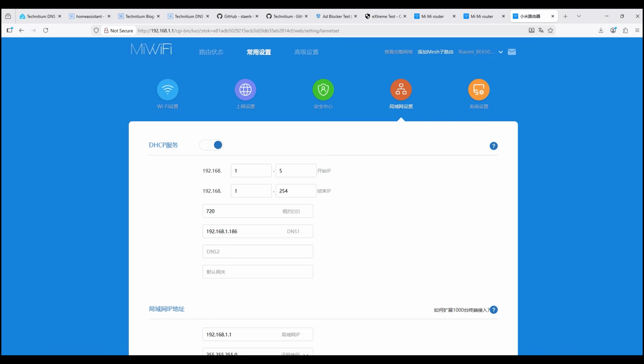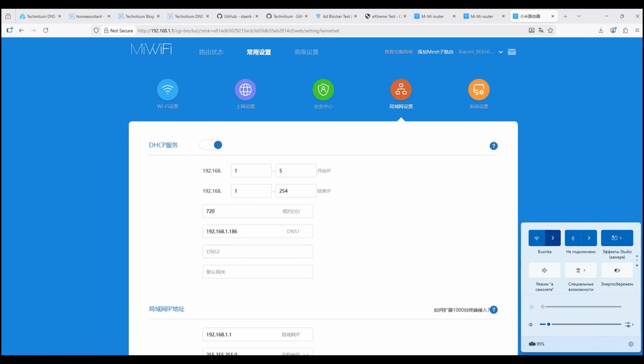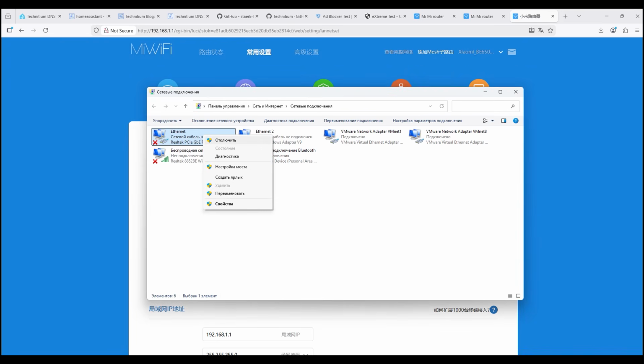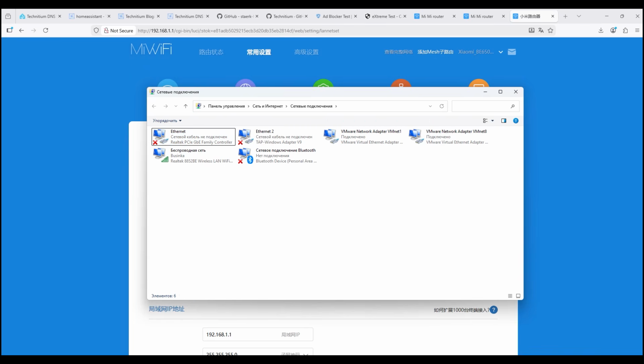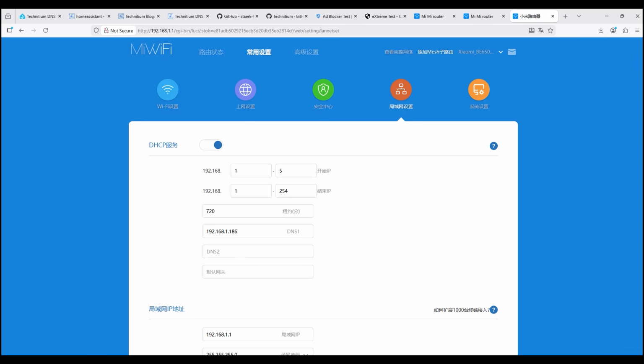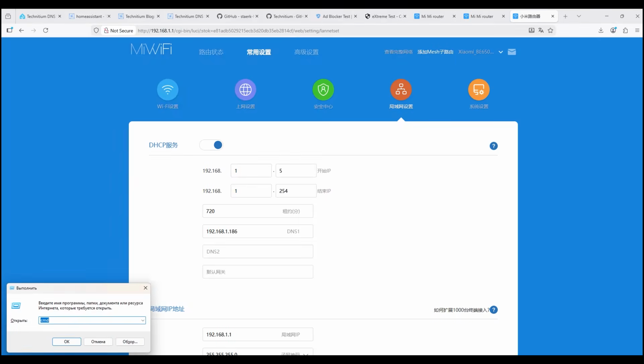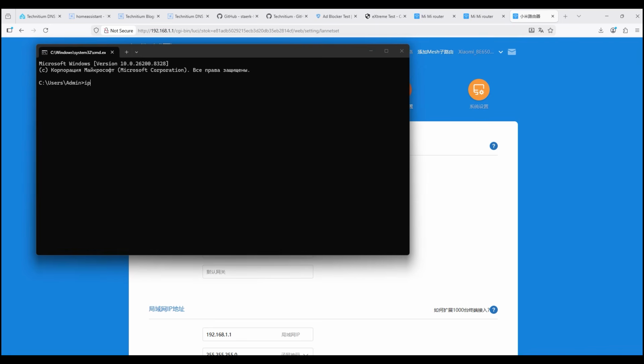After I save DNS in the router, the device needs to receive network settings again. Otherwise, Windows, a phone, or a TV may continue using the old DNS for some time. The easiest option is to turn Wi-Fi off and on. Disable and enable the network connection. Unplug and plug the network cable back in, or simply reboot the device. After that, the device will receive settings from the router again, and DNS should change to the IP of our